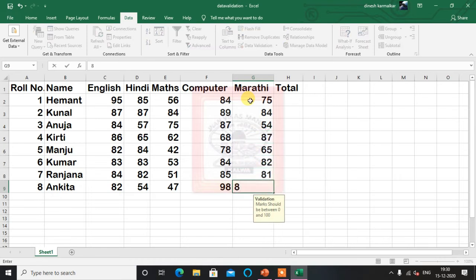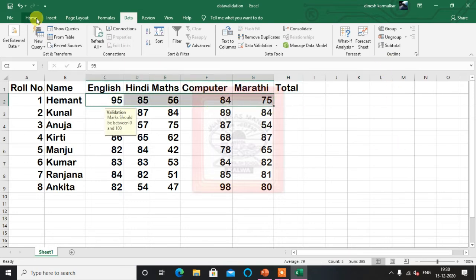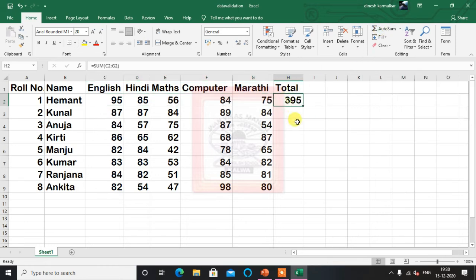Any marks I'm entering, I'm entering my own, not taking from the book. Now here I have to find a total. Let's use total, I will use the AutoSum from the Home tab, and go down here. Yeah, so this way I find it.